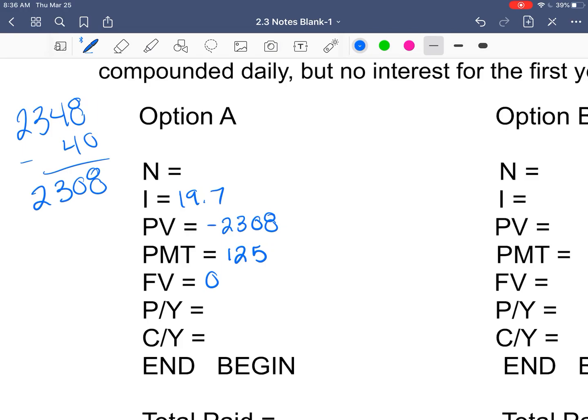Payments. He can afford payments of $125. He is going to pay it off. It looks like he is making monthly payments and the credit card is compounded daily. So what is our N? Looking for N, 19.7, negative 2,308, payments of $125. Future value is going to owe nothing. And interest is compounded daily. So that gives us an N of